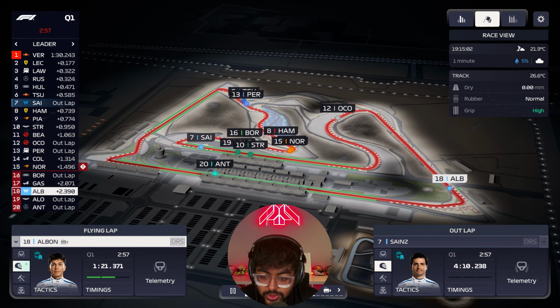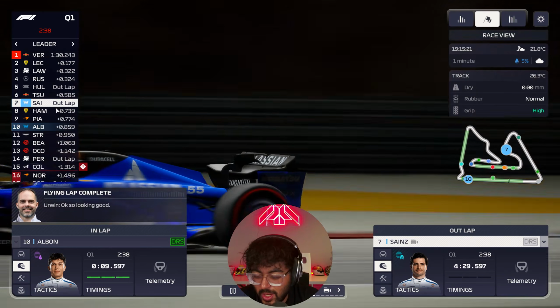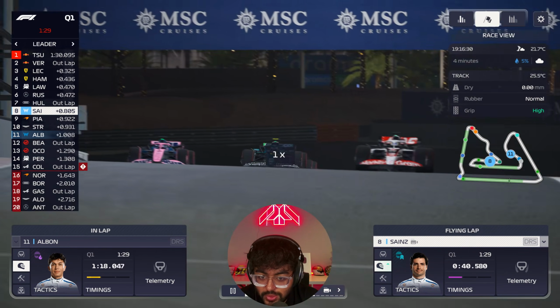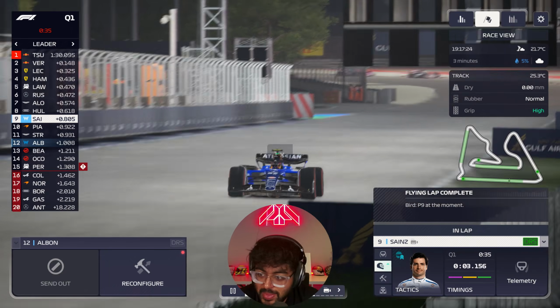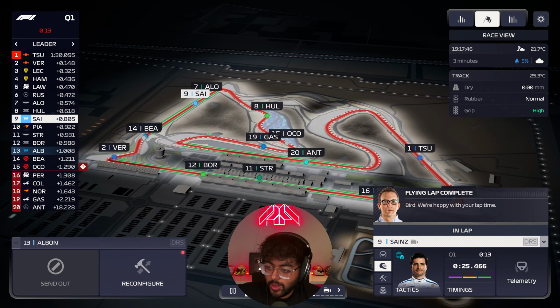Albon's got so much clean air now, so that's a bit more like it. P10, but he's still slower than Sainz's first lap. So Sainz really did very well. He's doing very well around Bahrain. He's got Alonso for company. Traffic galore, though. He was on a purple first sector and then a yellow middle. That is a really weird qualifying one, but...